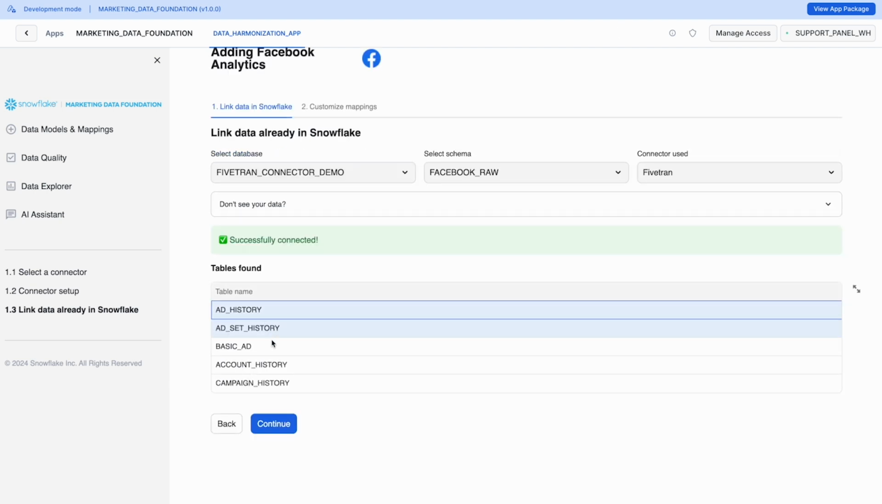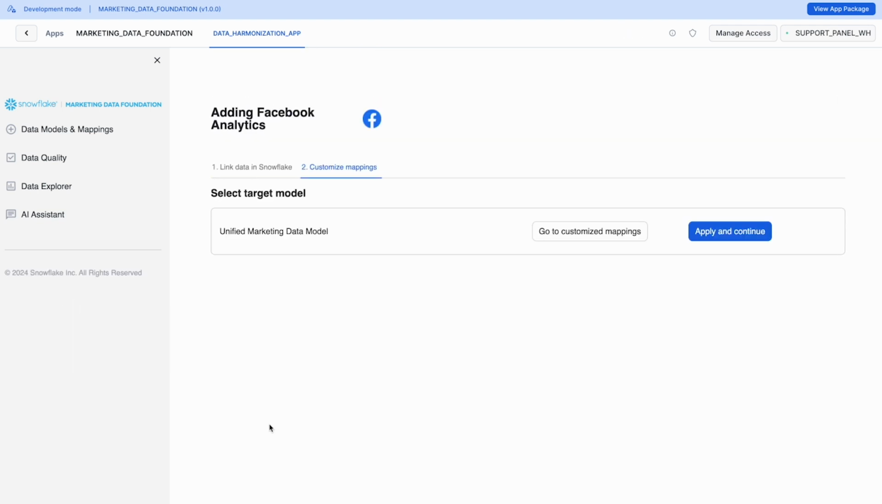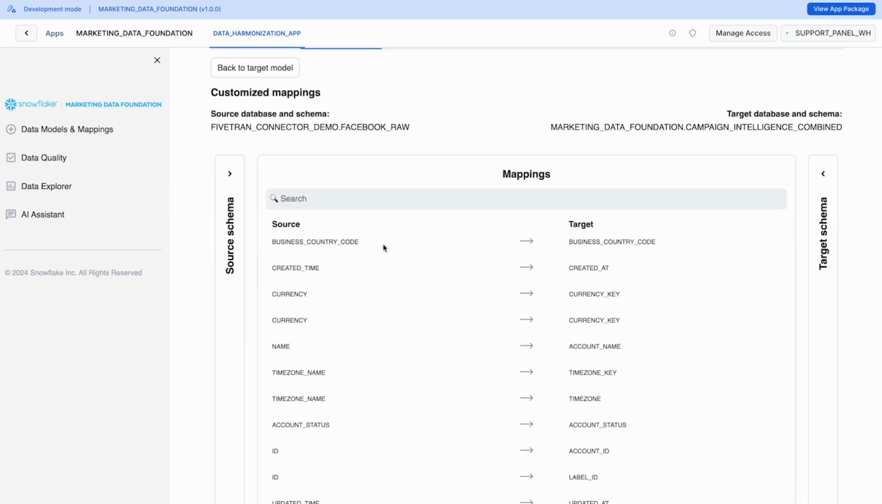with your source platform. So these are the tables. Once I click on continue, what I will see is this menu. So I can choose between go to customize mappings and apply and continue. I will choose the first option. And here you will be able to see that I have a set of options. So I have a set of mappings, I have a source schema